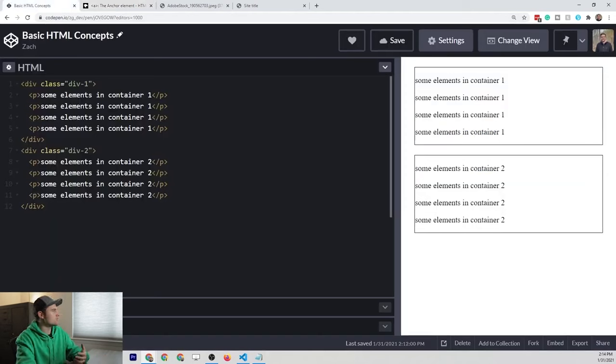So if we were to come into our HTML as we have it here, and maybe we wanted to make a link around some of this text. So what I'm going to do is make an A tag surrounding this first container 1 text. And right now you'll see that nothing is happening over here. When I click it, there's nothing there. But once I put in that href attribute and I put in a link, so we'll say www.google.com, now you'll see that we have this link styling, and if we click this, it should take us to